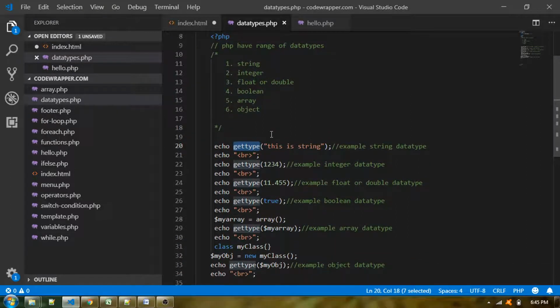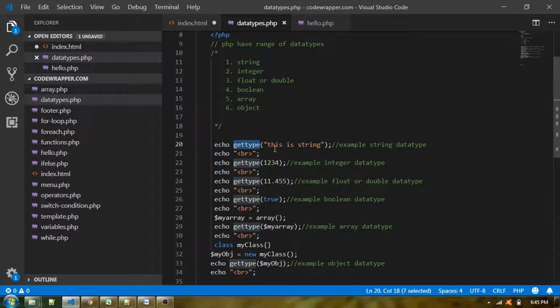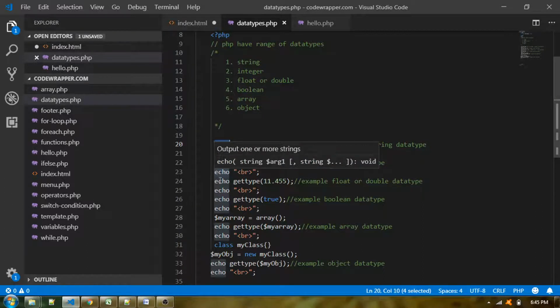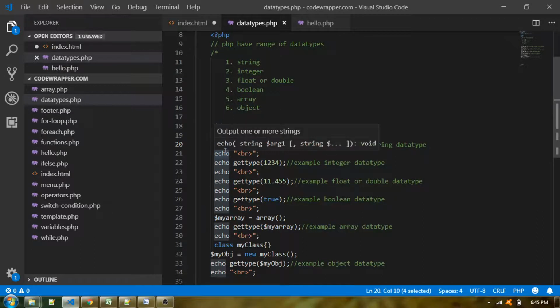So you can see I have added some values, sending values to this function, and then I'll try to print what I get from this function. In my previous video I explained how we print into the browser using the PHP keyword called echo. Then from the first line, the first gettype function, line number 20, I am passing a